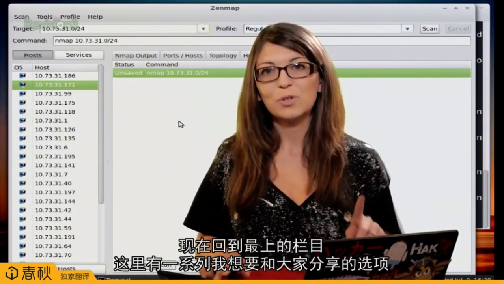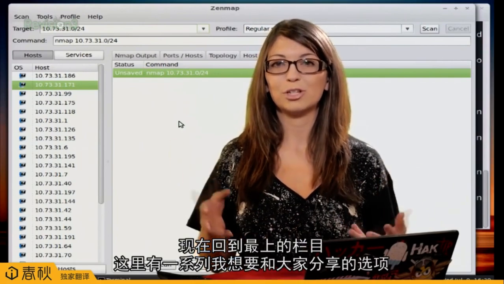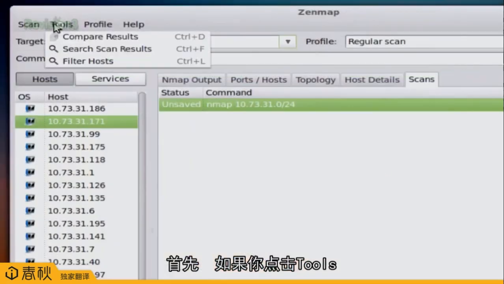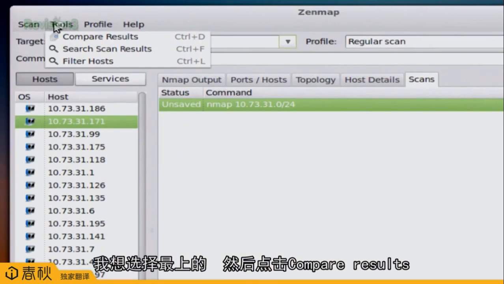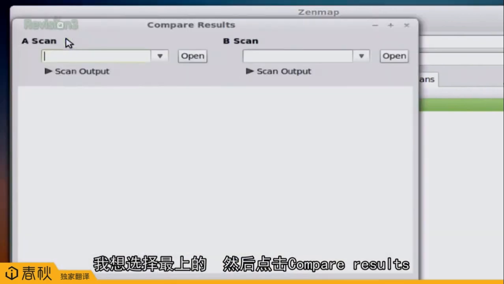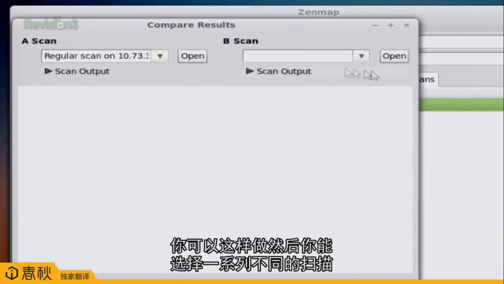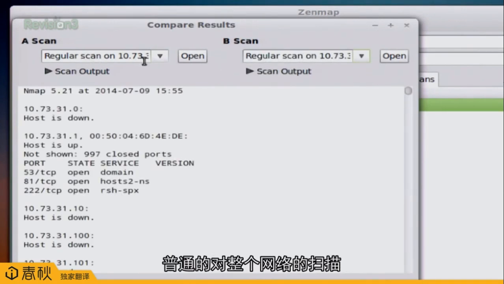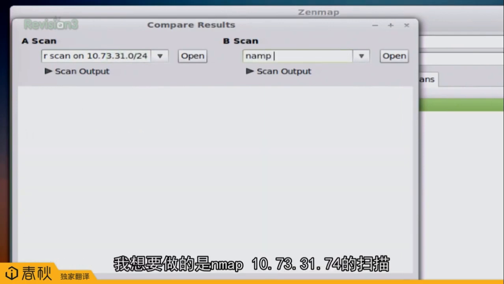Now back up at the top, there's just a couple of other options that I wanted to share with you. First off, if you click Tools, one of the options up at the top, and then click Compare Results, you can do that. And then you can choose a couple of different scans. So say I wanted to do a regular scan of the entire network, and then I wanted to do an Nmap scan of